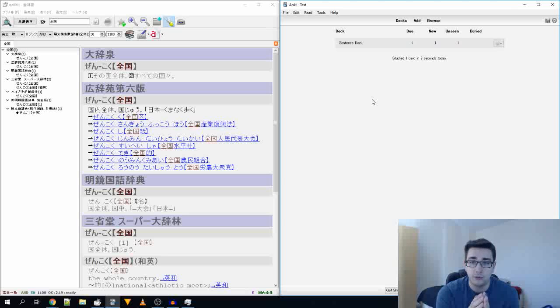If you want to know a bit more about how to make flashcards efficiently, I have done another video that's very similar to this, which covers pretty much the same things. And I've also done a video on how to turn your TV shows into massive Anki decks, so that you don't have to add a sentence every time. Instead, you have loads of sentences in Anki, and you just go through and delete the ones you don't want to learn, and then you can learn the ones that you do want to learn. I think that's a really efficient way of doing this, and it's a lot more fun as well because you're using enjoyable content. So I would recommend you check out that video.